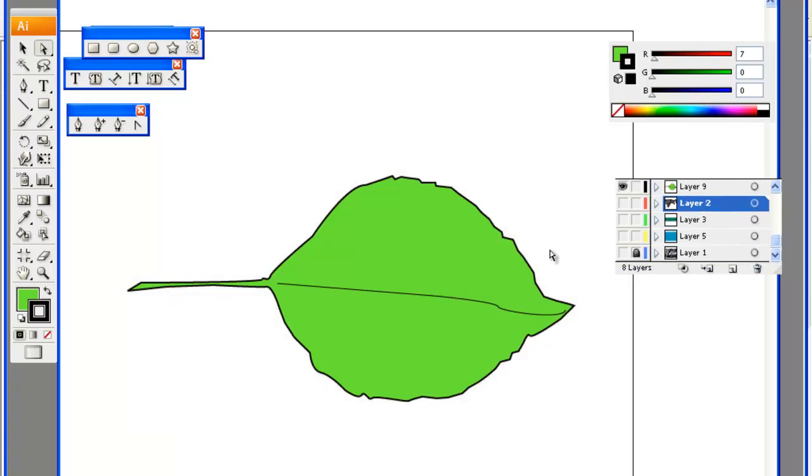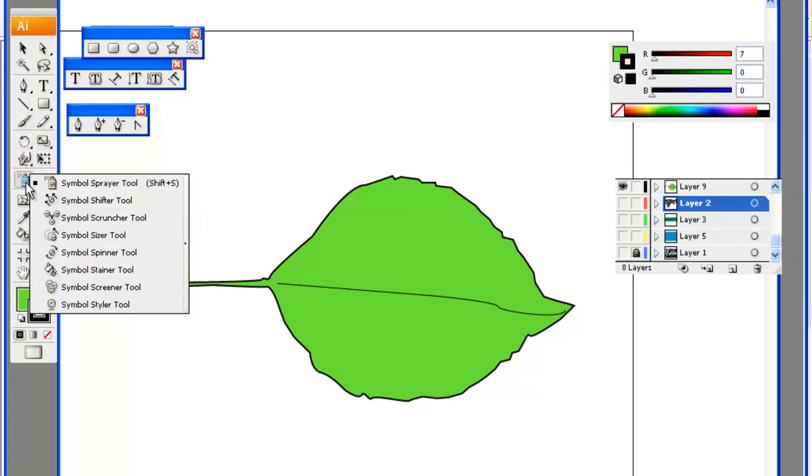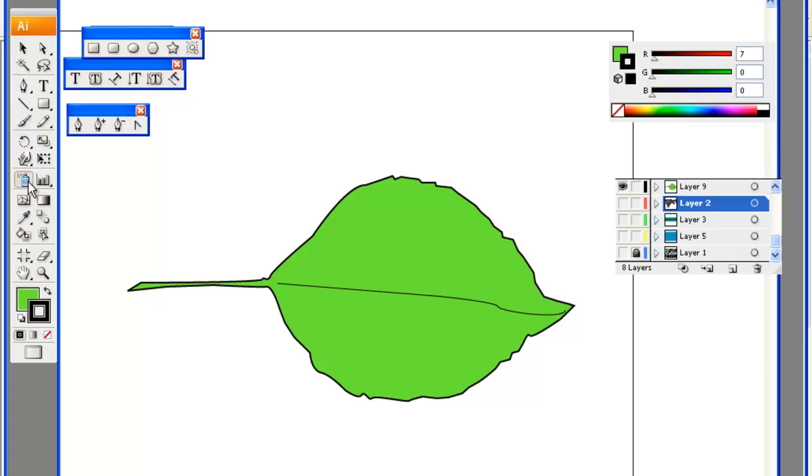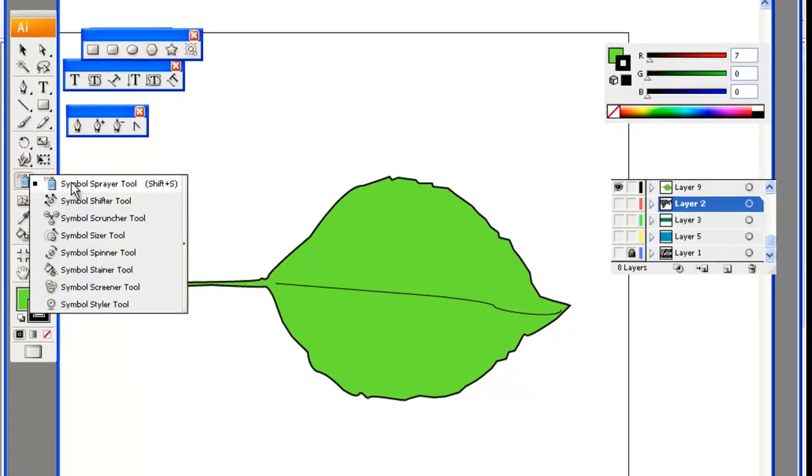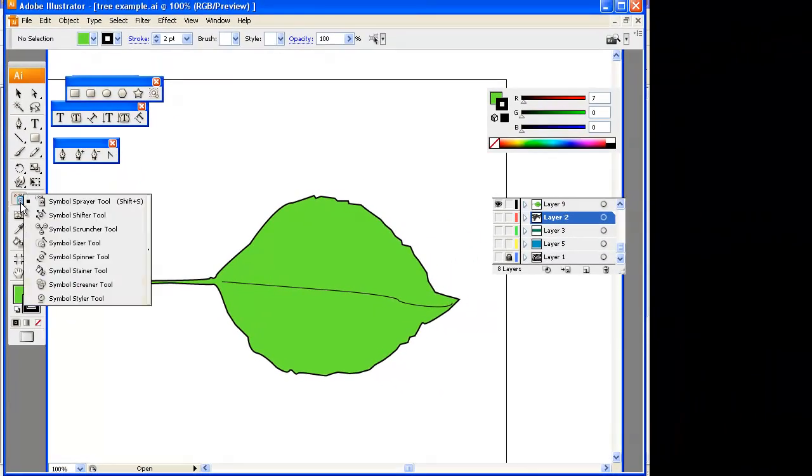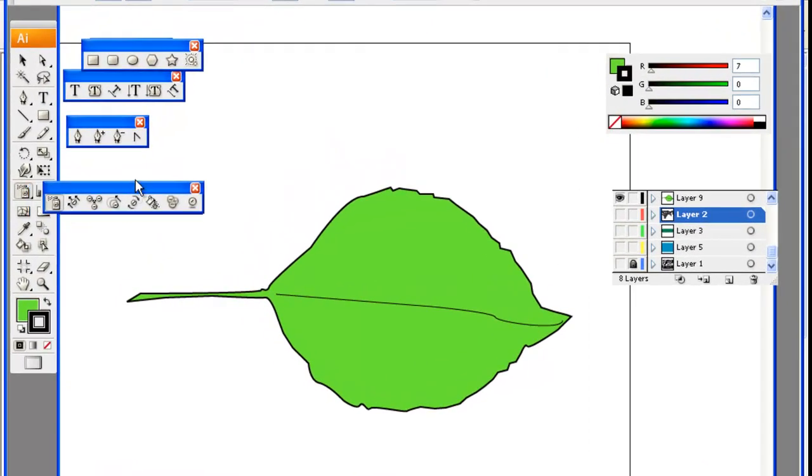Trash that. Now, we're going to learn how to use the symbol sprayer. So I'm going to tear that off,